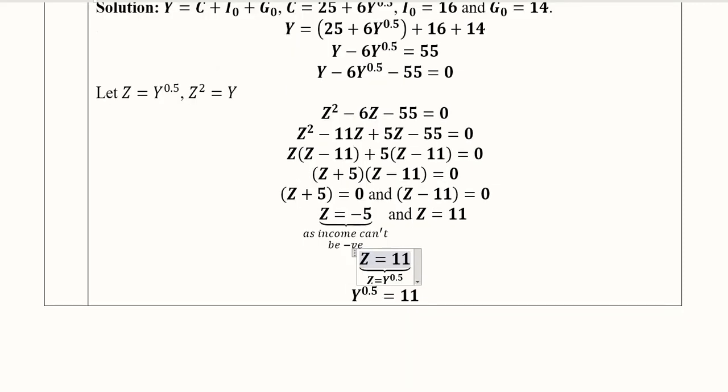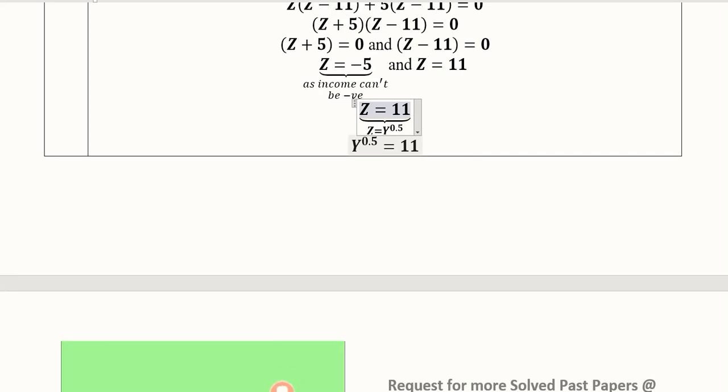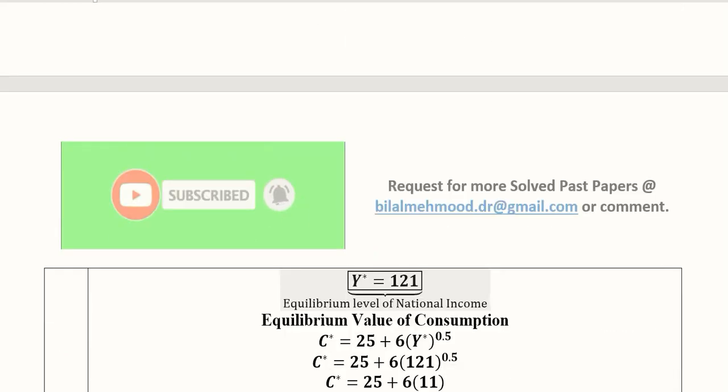Then we remember that z is also equal to y raised to the power 0.5. So we substitute this value here, and then we can solve this by squaring this. We will get y is equal to some other value, and that will be the square of 11. And here we are. Y star is equal to 121, where star stands for the national income at its equilibrium